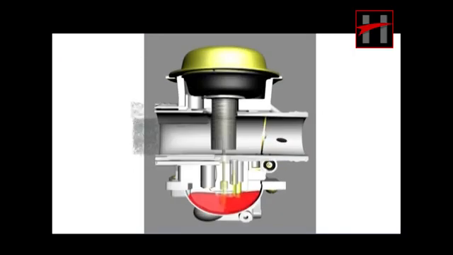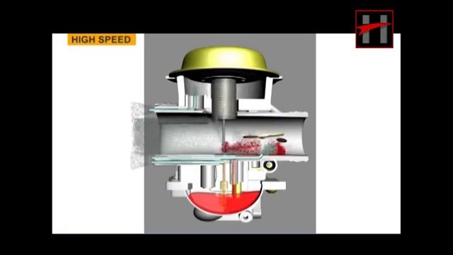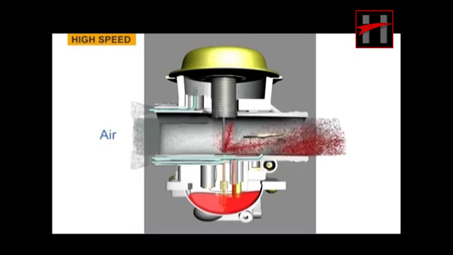Air enters the main circuit through an air passage and is controlled by the main air jet. The controlled amount of fuel is sucked into the mixing chamber through the main jet, where it gets mixed with the air. Finally, the controlled amount of mixture is fed into the engine. The regulation of the mixture is done by the jet needle and the needle jet. The jet needle closes the needle jet when the piston valve is in closed position.